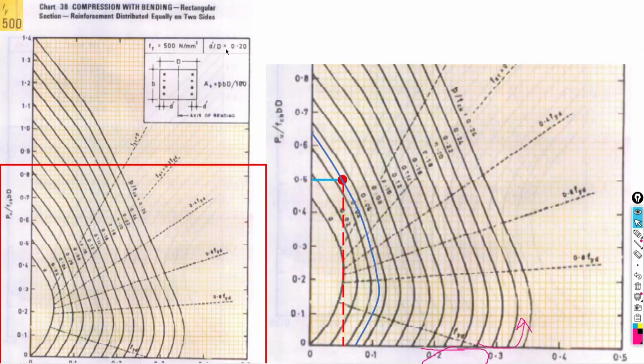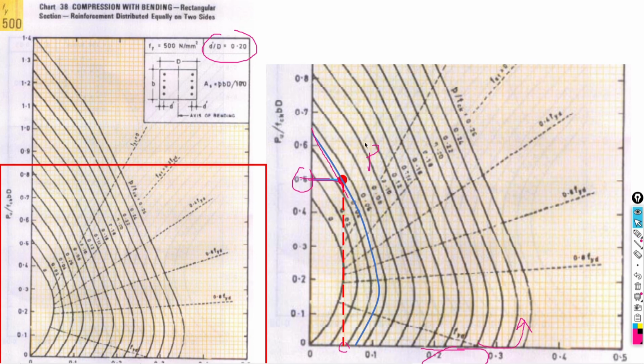That's why for the second case we are going to choose the 0.2 chart. Here again the values are 0.508, so almost 0.5. And this chart, Pt by fck, will also be the same: 0.2, 0.4, 0.05, 0.02, 0.04, and then 0.05. So for that we have taken one curve here, and I am going to project this point to the x-axis. So we are getting 0.05.